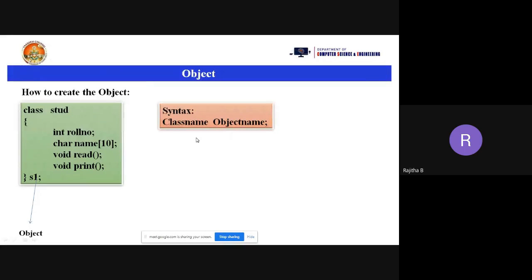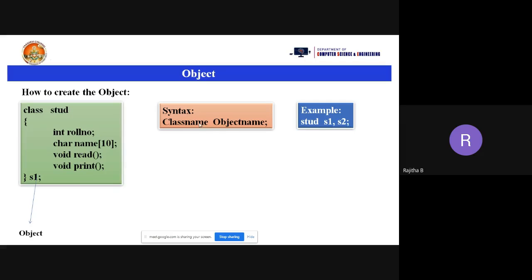The example here: we have the class name stud, and I'm creating two objects, S1 and S2. So either you can create it at the ending of the class, or in the main function or anywhere. This is the syntax: class name followed by the object name ending with a semicolon.